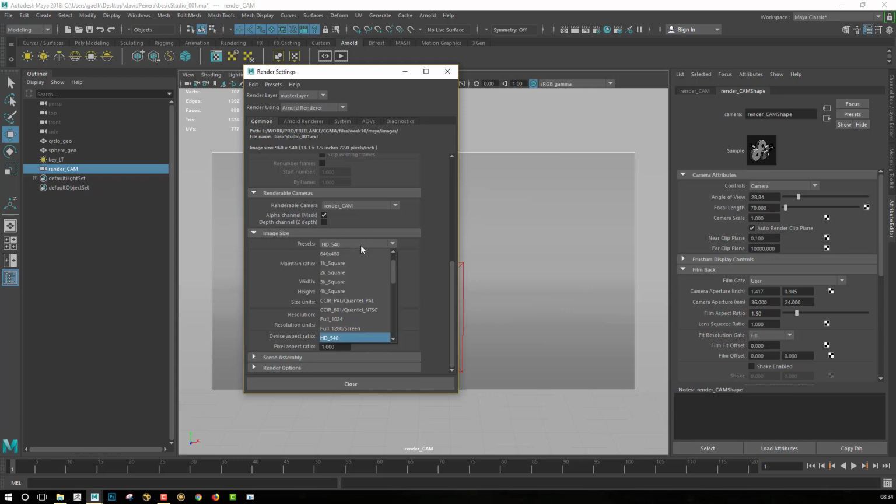I can simply select a preset like HD 1080p, then click on maintain width and height ratio. If I want to raise the resolution to get some step between 4K and 1080p, I just have to enter one value and the ratio will be kept. So let's keep to 1080p for the moment and let's hit close.